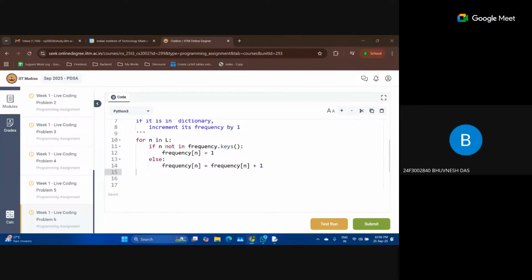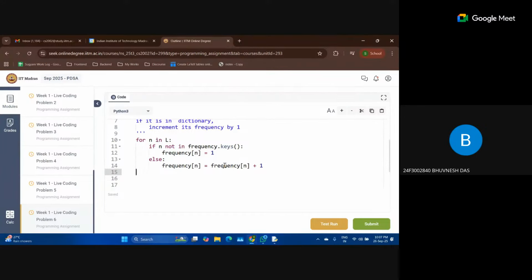Ma'am, can we do this? After completing the dictionary, we convert it into a list. Once we get this dictionary, we want to convert it into a list, right?